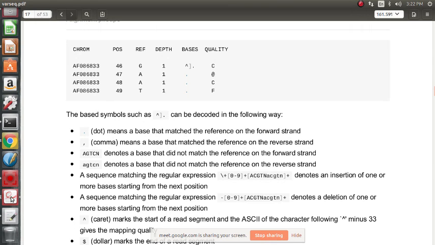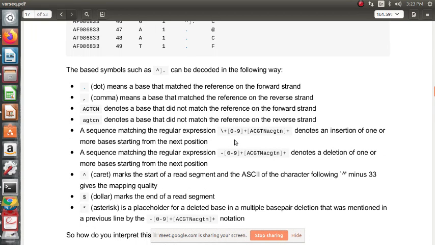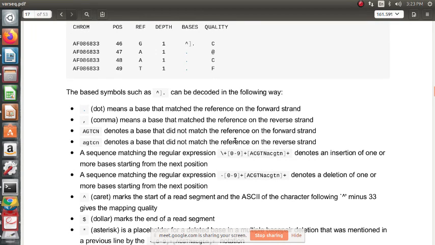In the bases column we have a caret, a square bracket close, then a comma, and then a dot. Dot means the base has matched the reference on the forward strand, and this is at the 46th position. We have not yet gone to the VCF format, we have not yet got the VCF file, but still in the pileup we can find some information regarding match or mismatch.